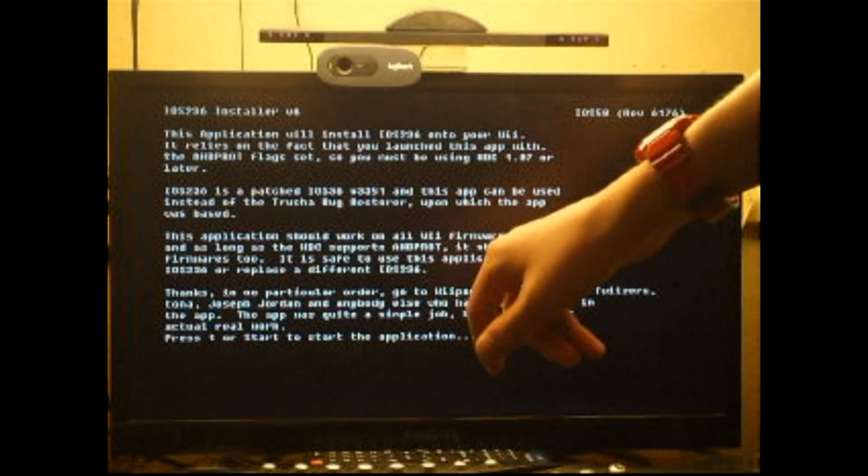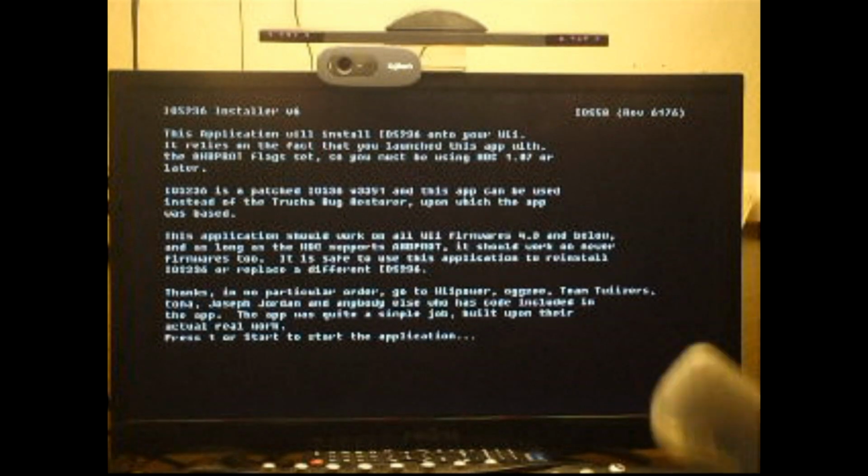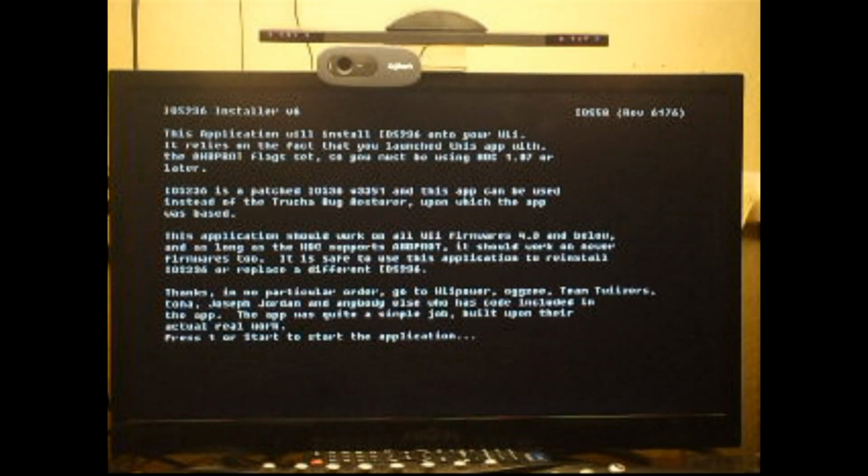This application should work on all Wii firmwares 4.3 and below, and as long as the Homebrew channel supports AHB prot, it should work on newer firmwares too. It is safe to use this application to reinstall iOS 236 or replace a different iOS 236. Thanks, in no particular order, go to Wii Power, and the app was,